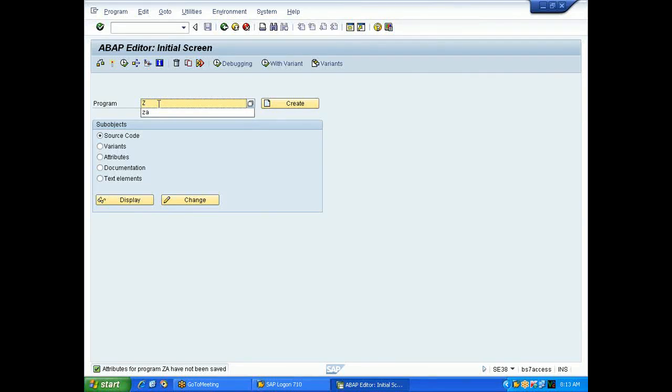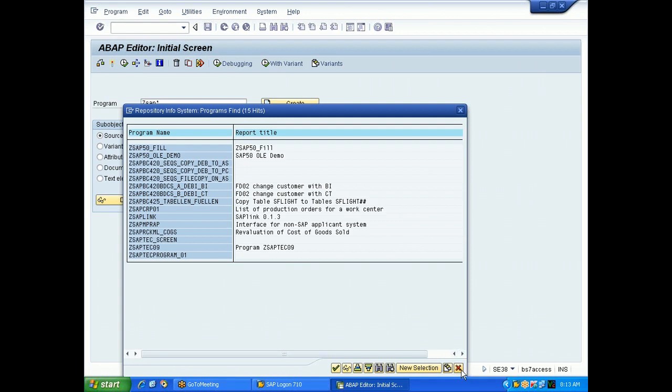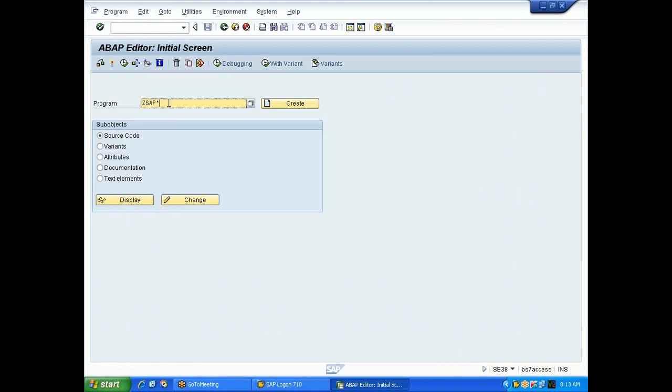Give some name so that tomorrow, later if you come, you can search with this term. So what I can see, ZSAP. Let me check one moment. Give me a time because some programs are already there. I want some namespace so that it will be uniquely identified for your batch only. Okay.